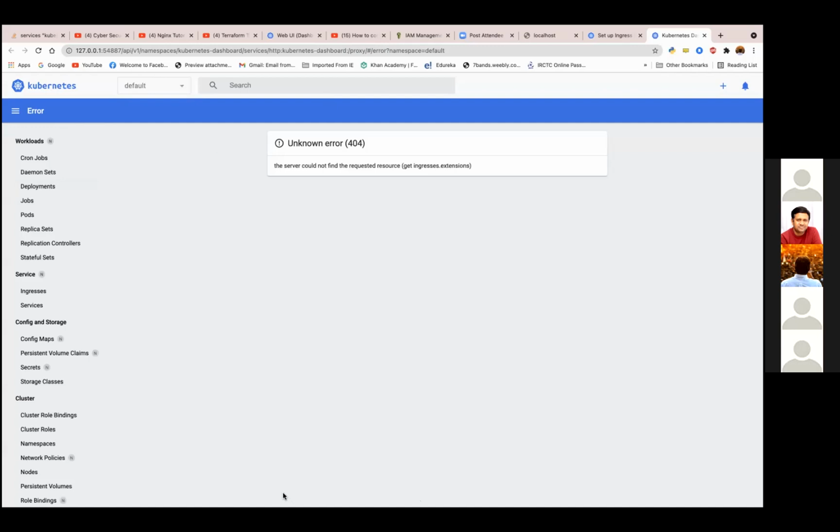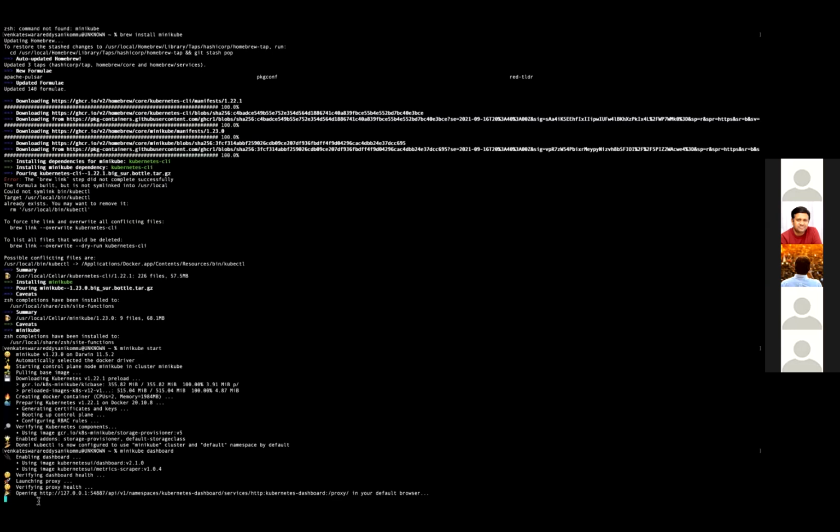So now, see, this is the minikube UI. Can you all see this? You can see services, ingresses, config map, everything. Right now nothing is there because we need to apply our YAML file here. So Venki, if you go to your command line, please. Open a new one. Open a new browser.